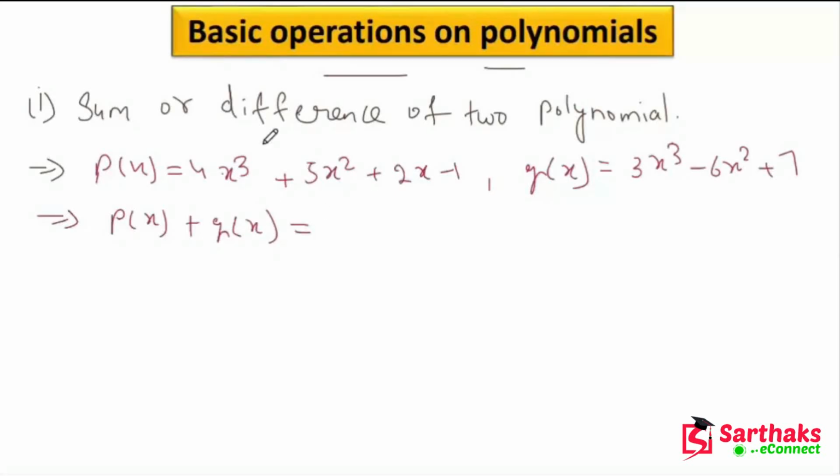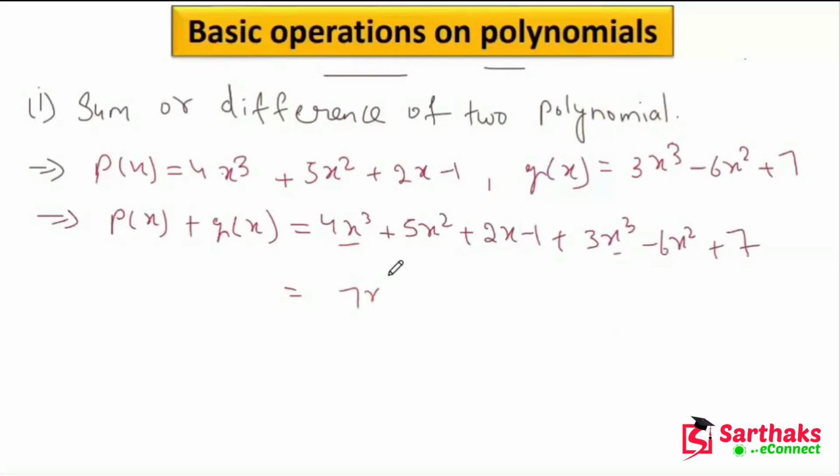We will do directly adding: 4x cube plus 5x square plus 2x minus 1 plus 3x cube minus 6x square plus 7. In this case, we are adding just the same degree terms, like x cube is added to x cube only. Okay, so we get 7x cube, and 5x square and minus 6x square, so we get minus x square,